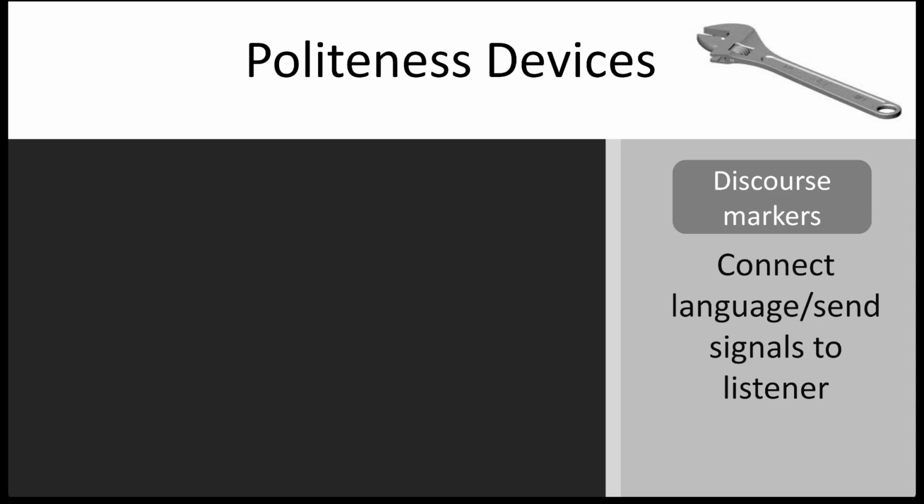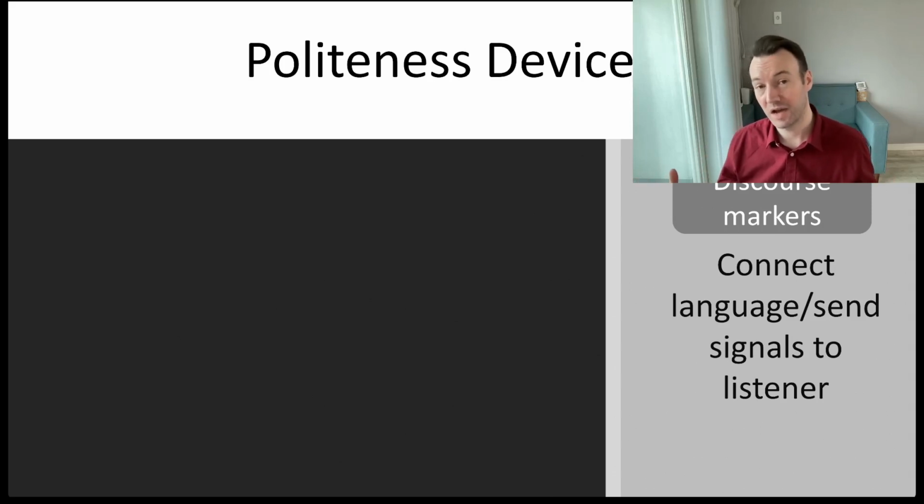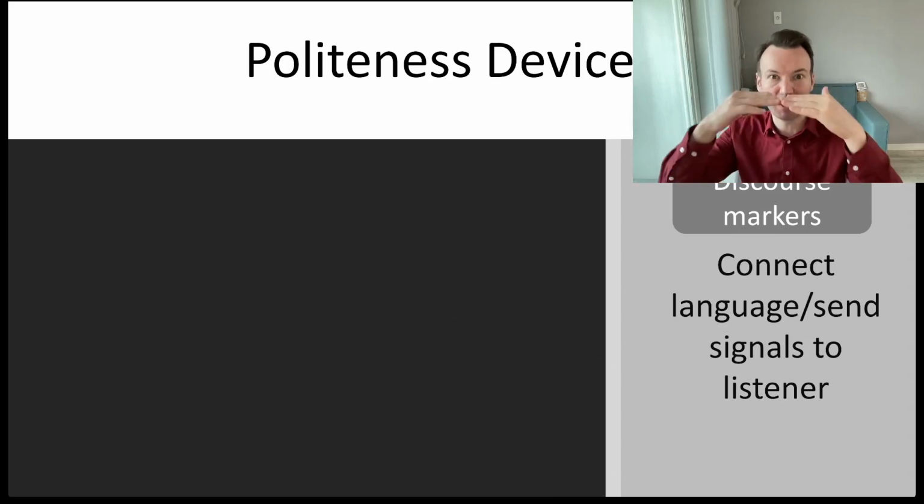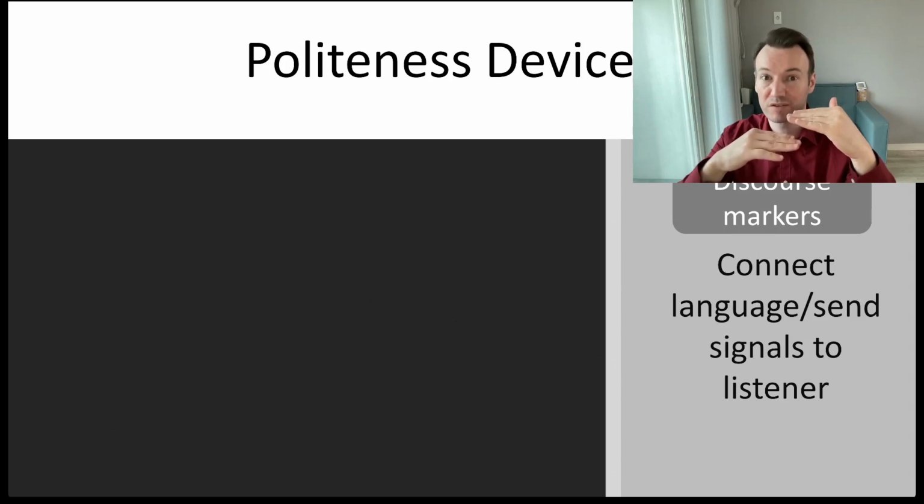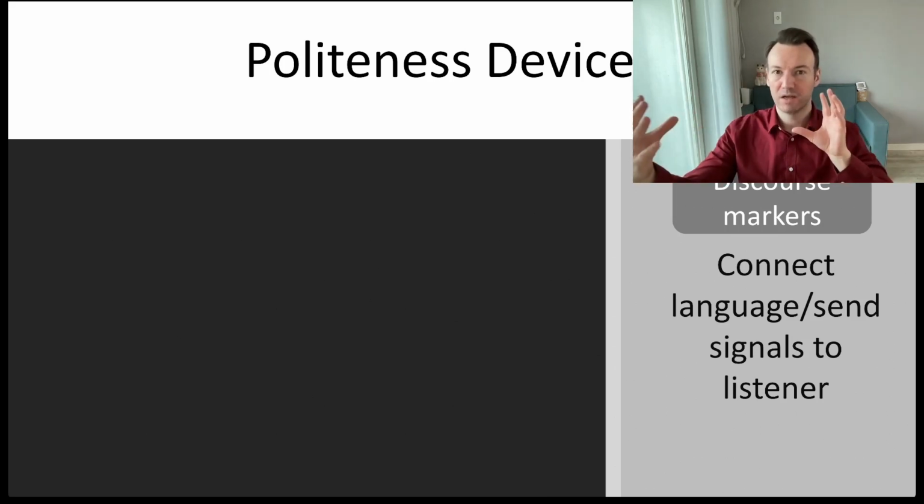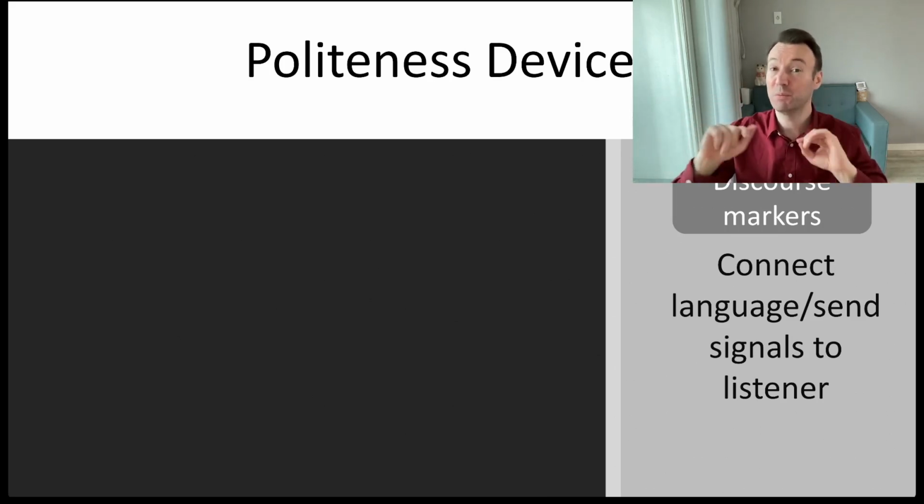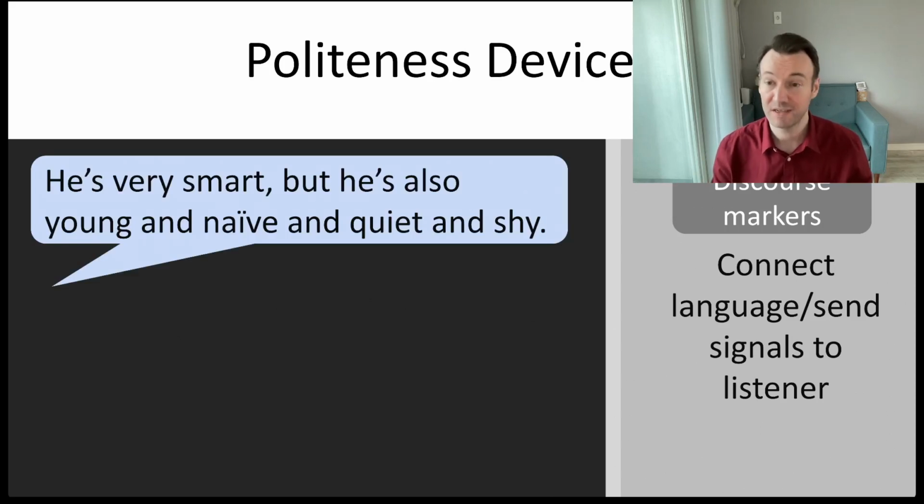Discourse markers are connecting language, but also sending signals to the listener. So again, they have a meaning which is, as we say, below the surface, below the sentence level, the word level, where in context, both people know what those signals mean. So for example, what you want to say is, oh, he's very smart, but he's young and naive, and he's quiet and shy. So what you're going to say